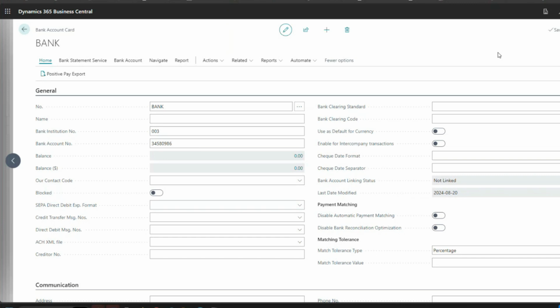Yep. So this is a bank account card with Business Central. What we're going to look at right now is the bank account card. We're going to take a look at the payment journal, and then we'll take a look at the vendor bank account card. First things first, bank account, you'll see that you're going to need to put some information here for